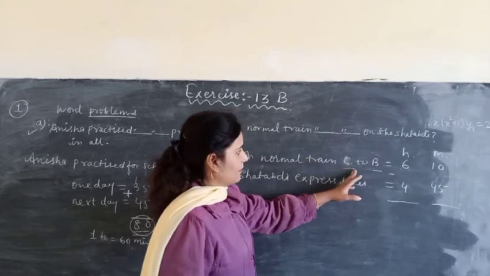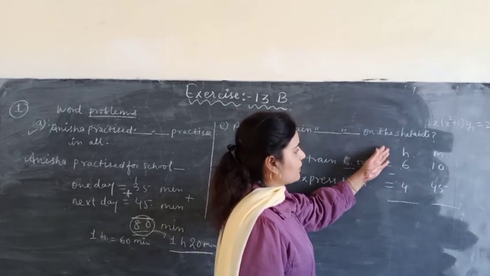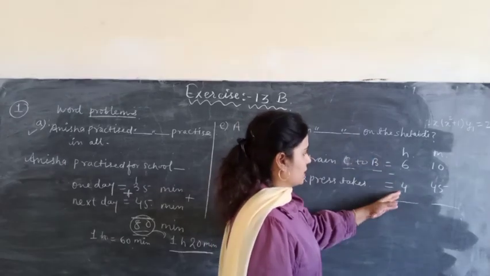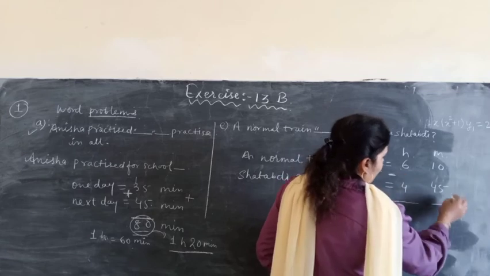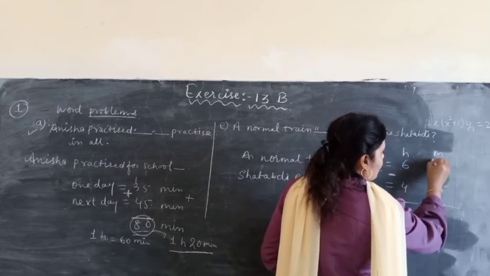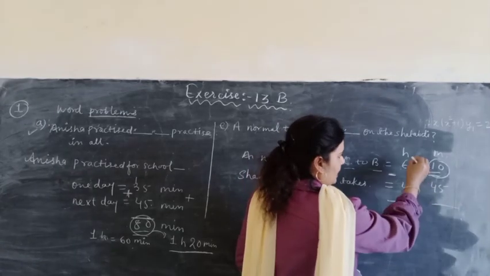This train takes 6 hours. We know 6 hours is more than 4 hours. तो ये जो है वो नॉर्मल ट्रेन से ज़्यादा टाइम ले रही है और जो शताब्दी ट्रेन है वो कम टाइम लेती है. So we can subtract. Yes, here is 10. क्या दिया हुआ है, 10 दिया हुआ है. It is less than 45, ये बहुत कम. तो हम क्या करेंगे, रीग्रुपिंग करेंगे.